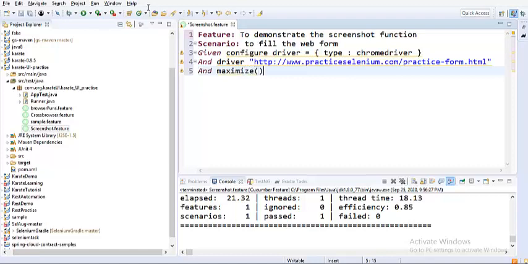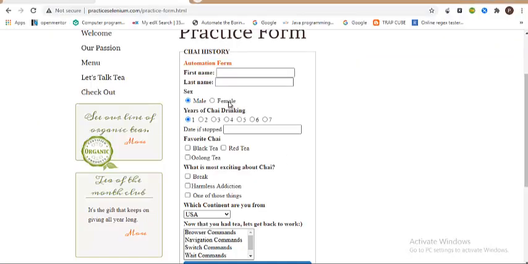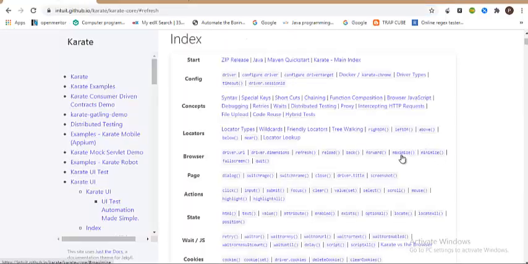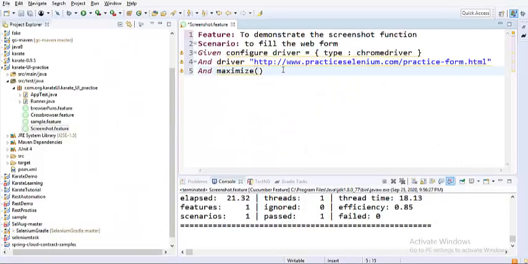So for that we have a function called maximize. If you come to the documentation and verify, you have a function called maximize and minimize. Minimize works differently; it just hides the window so that it gets attached to your taskbar. When you say maximize, because we know that even in Selenium, whenever the browser is launched, it is basically launched in a minimum mode, you would have to click on the square box that sits between the hyphen and the cross button so that it fits your screen. That's what the maximize function does here too.